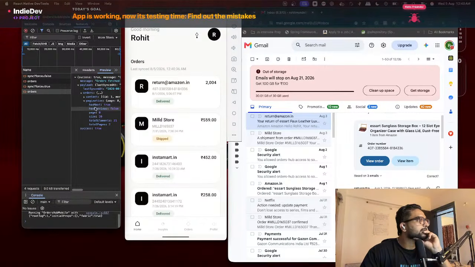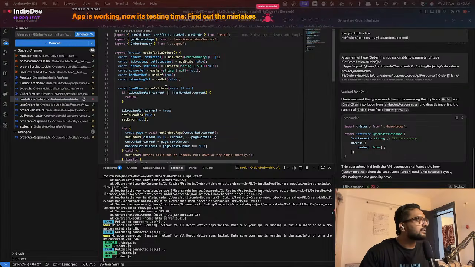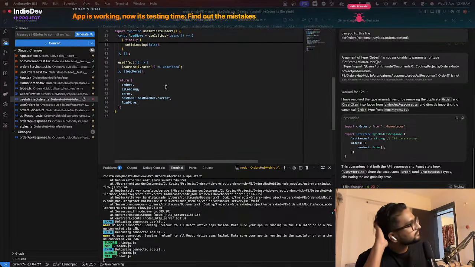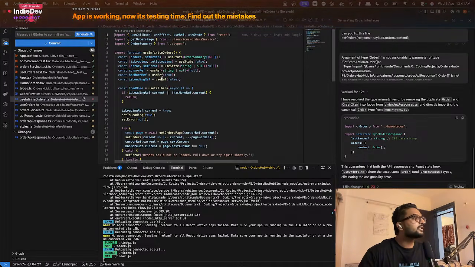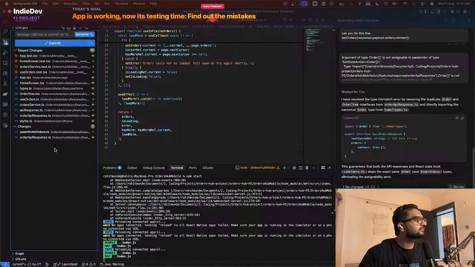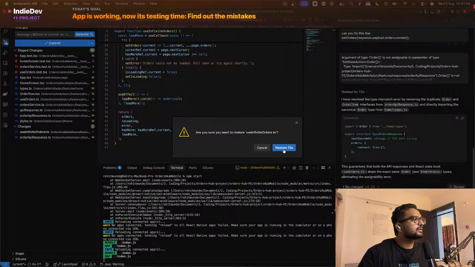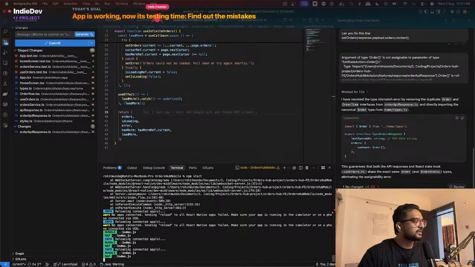It's giving this: page has next true, has previous false, page 0, size 20, total elements 21 and total pages. Why is our infinite scroll not working? Why did it delete this file? Why has this hook been deleted? Use infinite orders. If I discard these changes, restore file, if I reload this,